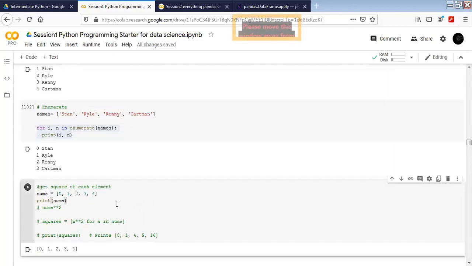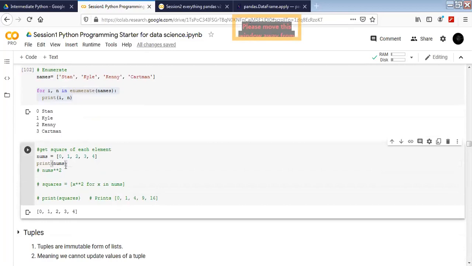We'll leave this part. Let's look into this. Directly performing the square on num is not going to be possible for us. What we will have to do is something called single line performance. We are going to change it into a single line work of a for loop. Let's see how the single line for loop works.